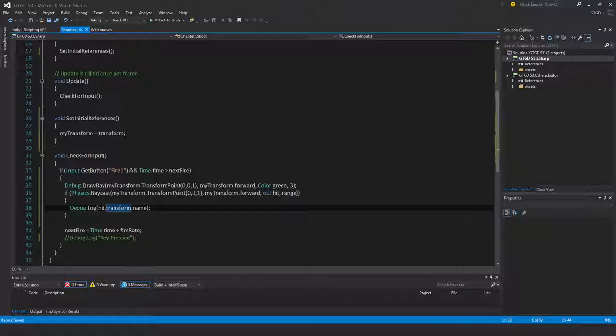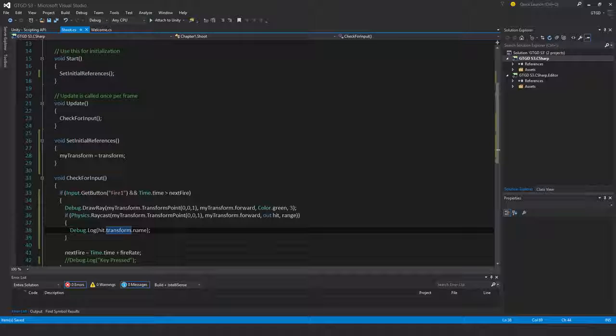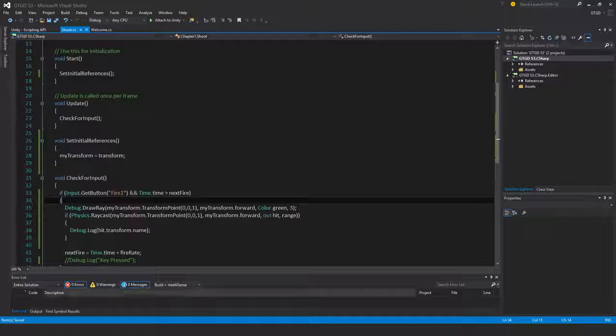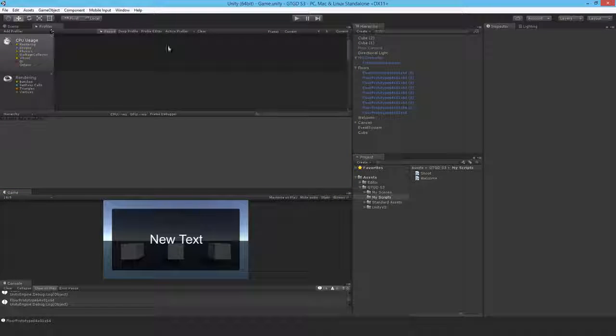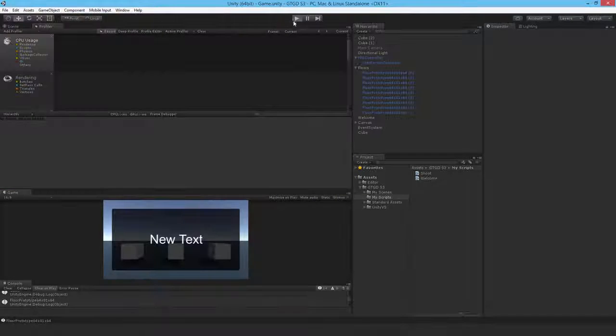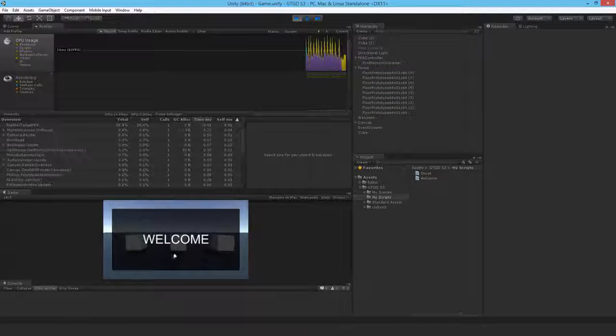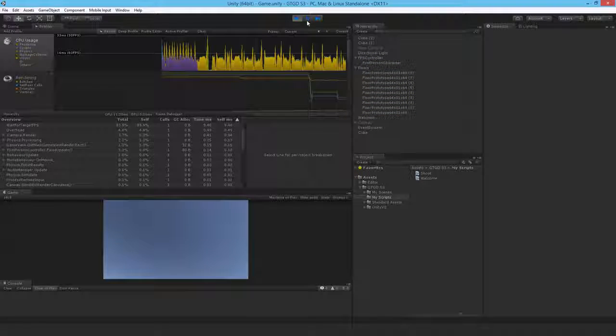It knows that that's the transform. So if you were doing a loop and you had 1,000 iterations for some reason, and you were accessing the transform 1,000 times, well, having this set up like this is slightly more efficient than just accessing directly. Okay, and you can check that sort of stuff with the inbuilt Unity Profiler. So if you add a tab, Profiler, you can see that kind of stuff. You can see your CPU usage as you're running your game. And the behaviors that you write,